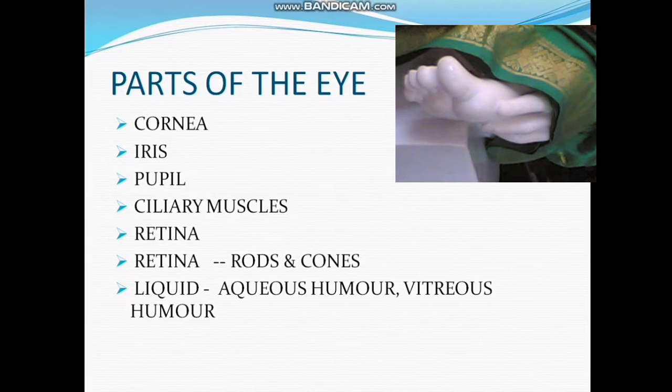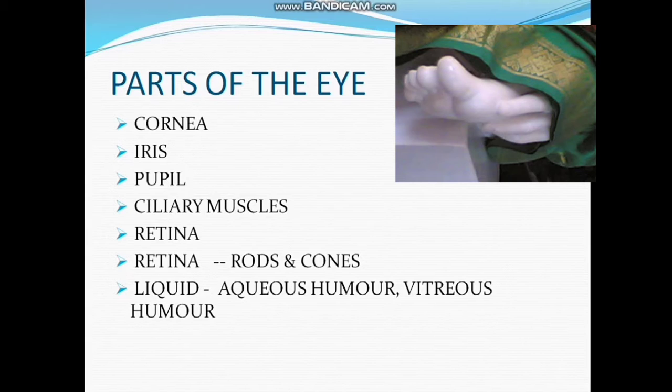Retina. It is a delicate membrane. It acts like a screen on which a real, inverted and diminished image of the object is formed by the convex lens of the eye. It contains an enormous number of light sensitive cells. These light receptors are known as rod and cone cells, which generate electrical signals upon illumination. These electrical impulses are sent to the brain via optic nerves for further processing.